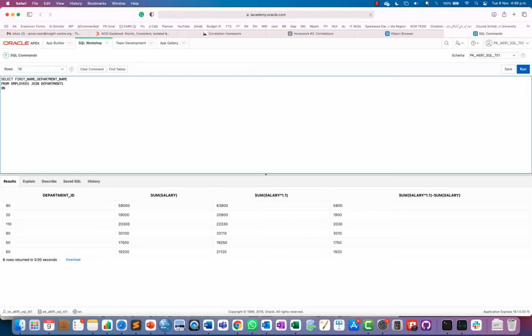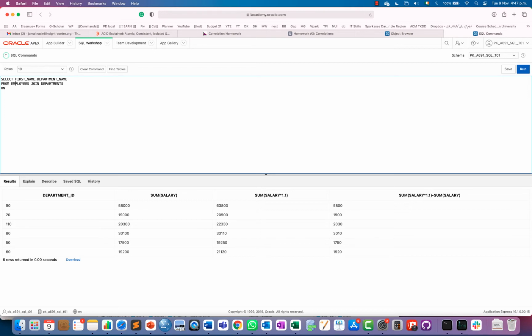Whenever there are the same attribute names, obviously the DBMS would be confused. So we can remove this sort of ambiguity by placing the name of the table dot department underscore ID. By this way, we are explicitly telling the DBMS that we want to print the department ID from the departments table, not from the employees table.